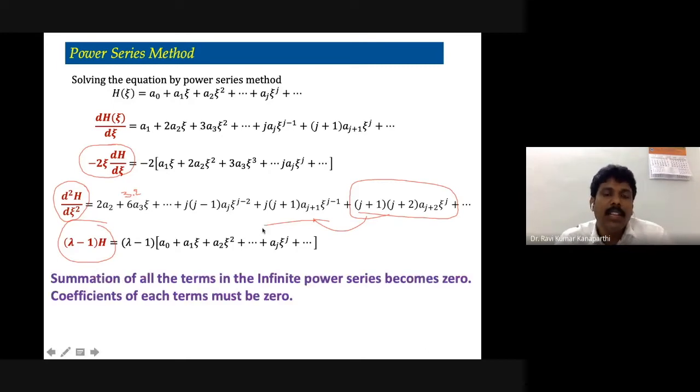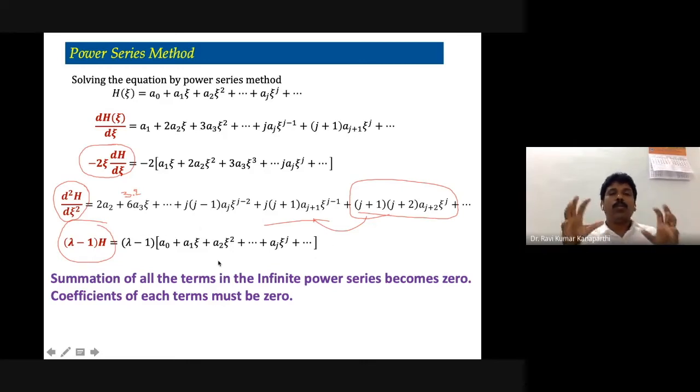So what it says is that ultimately it is a power series, right? So you can see here, what is this? The first term, you have got an infinite number of terms, isn't it? An infinite number of terms are there in this particular first term in the differential equation. Similarly, the second one also has infinite terms in its power series. Similarly, what about the third term? The third term also has an infinite number of terms in the power series.